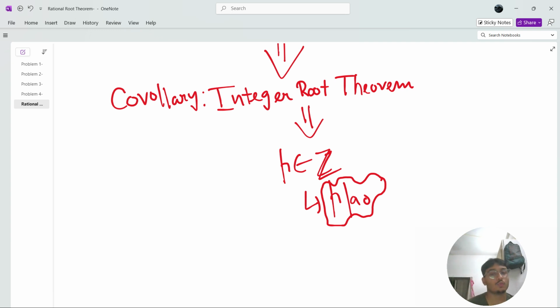Now, what are the usages of this rational root theorem? Many a times we are given some big quadratic or cubic equations whose roots we need to find, and the problem we need to deal with is that it's a huge, very complex equation. Probably some roots would be very hard to find. In those cases, my rational root theorem and my integer root theorem come into play. What we need to do? We simply need to